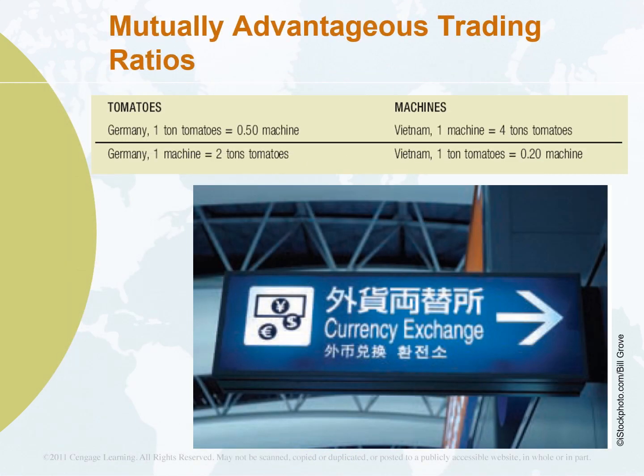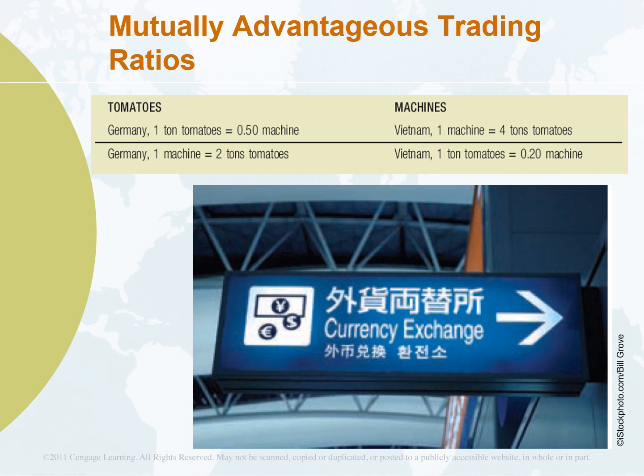So as I said, for Germany, 1 ton of tomatoes is half a machine, and 1 machine is 2 tons of tomato. For the Vietnamese, 1 machine is 4 tons of tomato, and 1 ton of tomato is 0.25 machines, as we just said. So if we trade at this ratio, for example, anywhere between